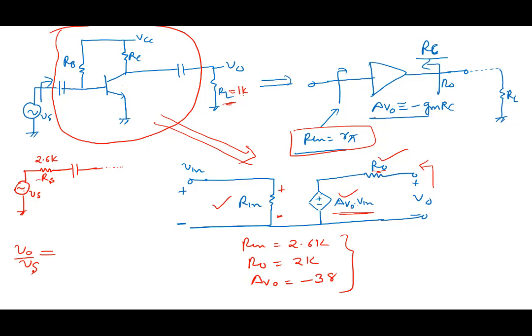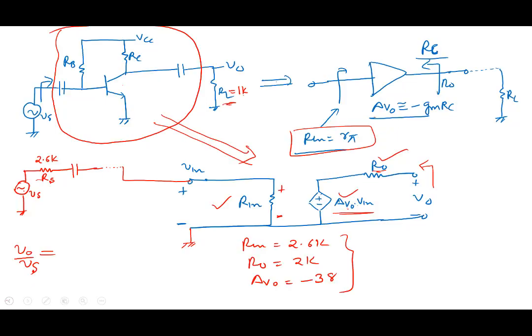Look at this circuit. Everything in this red box, red circle, is this circuit here. So what do you have to do? You connect it here, right? And this is ground, right? That's the source that you connect here. And here, you put an RL of 1K. That's it. And so what does the gain become? Gain becomes,